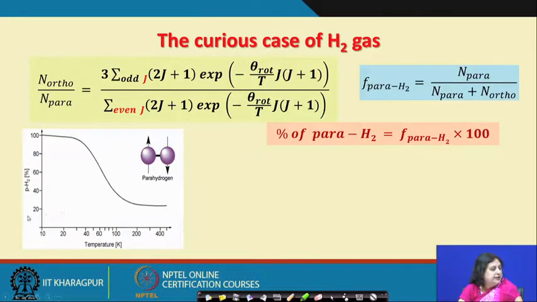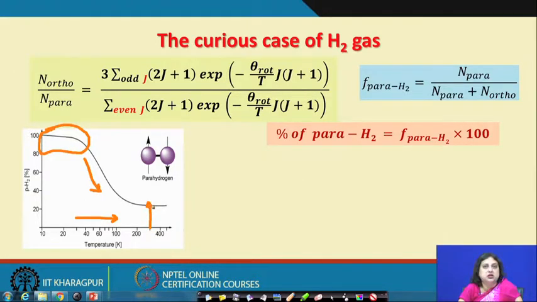So, as you see, this percentage of para hydrogen is a strong function of temperature. Initially, at very low temperature, my system is comprised mostly of para hydrogen, and then as you increase temperature, the percentage of para hydrogen decreases. Finally, when you are near about room temperature, what you find is that the equilibrium mixture of ortho and para hydrogen is nearly 25% para hydrogen, and it is dominated by the ortho hydrogen,